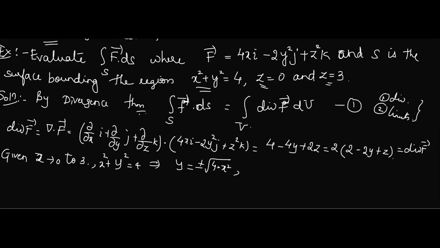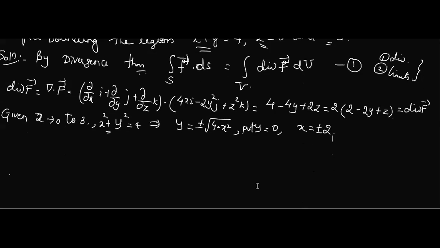Now to get the value of x, what do we have to do? Put y as 0. Why am I not using z? Because in this equation, can you see any z here? Can you see any z? No, ma'am. So just put y as 0. So what will be the value of x? x will be plus or minus 2. Am I right? Is the part clear? Yes, ma'am.